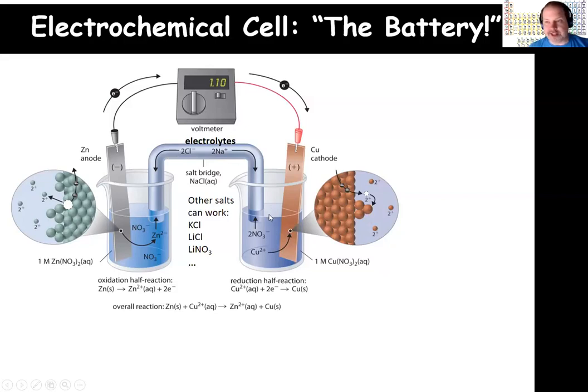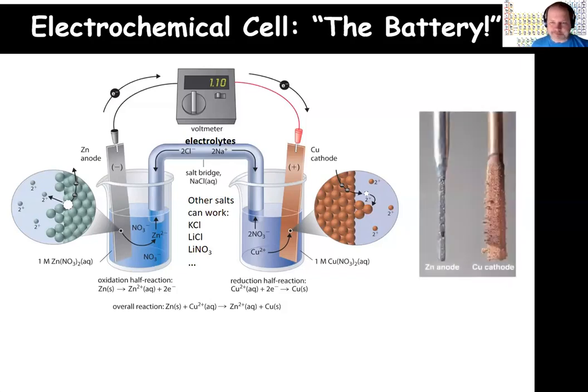Over on the cathode side, you can actually see the gain of copper metal that takes place as copper plus 2 ions get converted into copper solid, and they actually plate out and stick onto the surface of the metal piece, or they may fall down. But as we lose the positive charges on the right hand side, cations will flow from the salt bridge into the copper solution to maintain a balance. That little trick with the electrolytes and the salt bridge is really what helps the battery to take place and